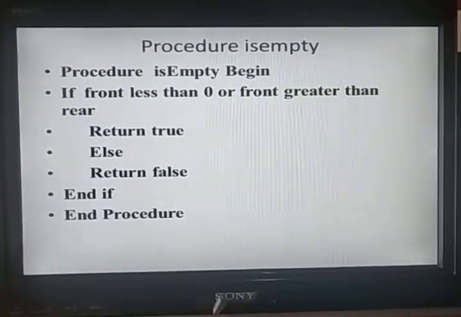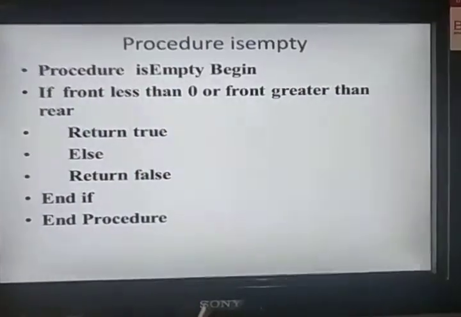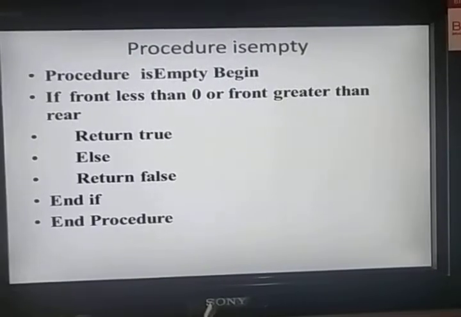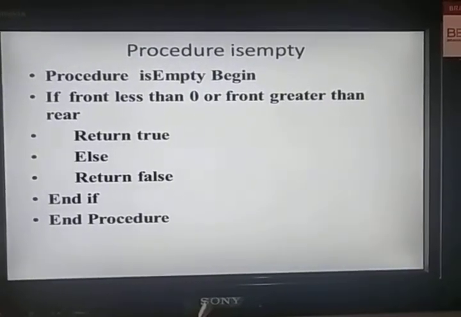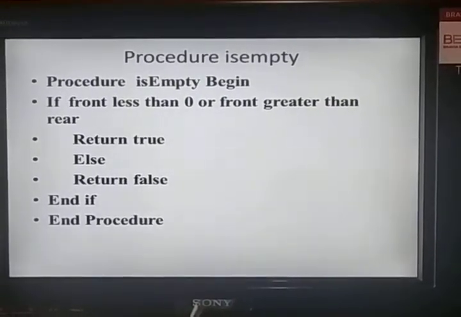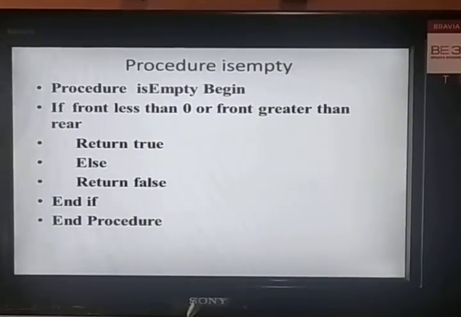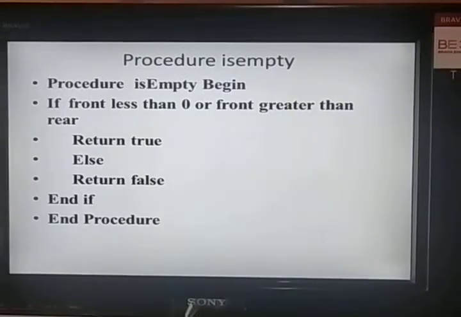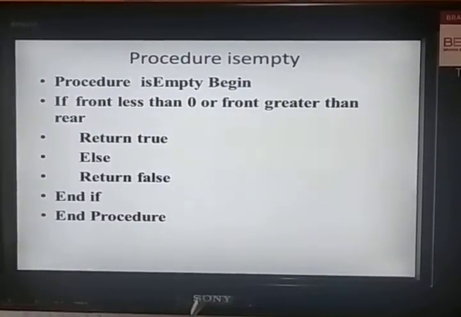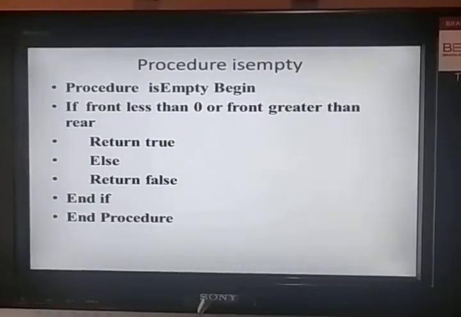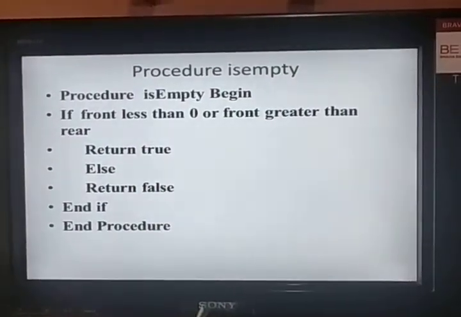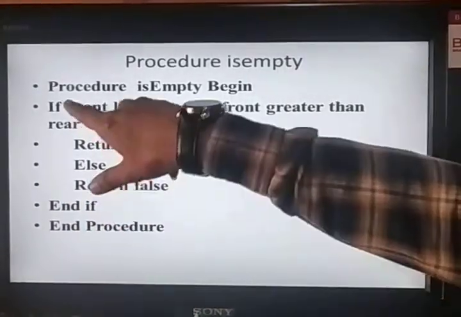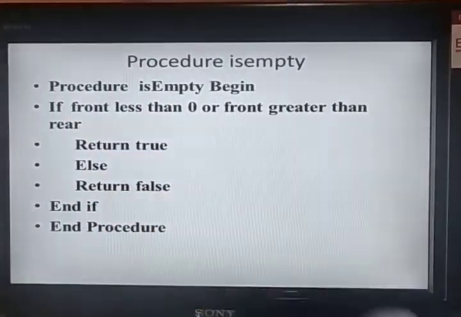First you have to write procedure isEmpty begin, if front less than 0 or front is greater than rear, it means there are no elements in the queue, so it will return true, otherwise return false. And this is the end if of this if, and end procedure.